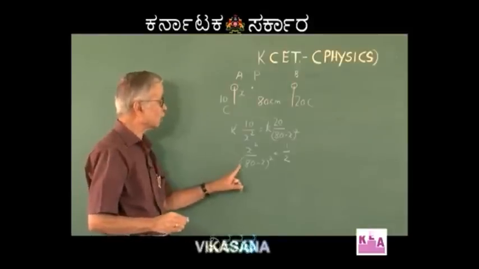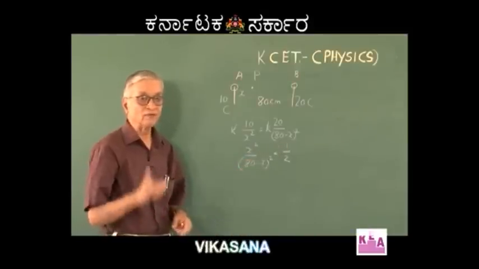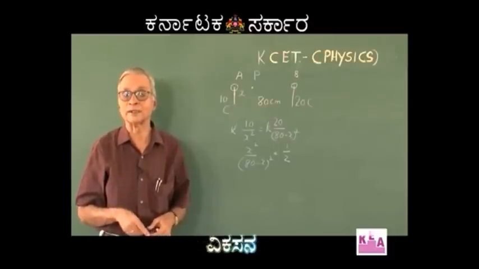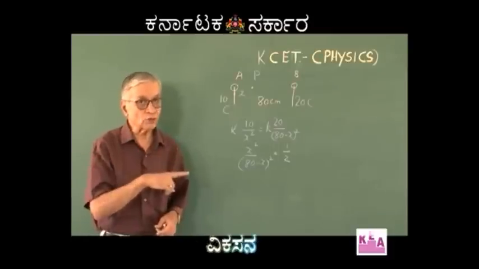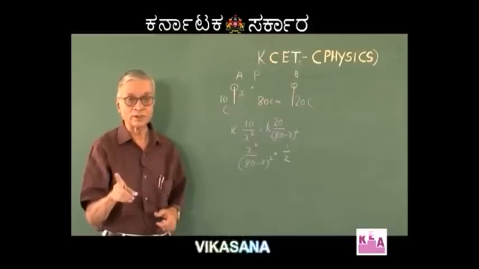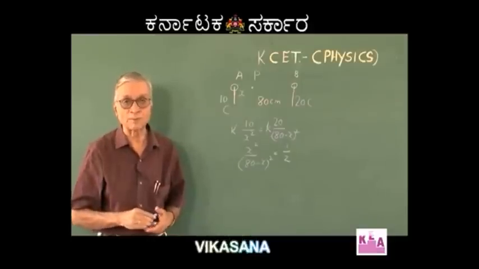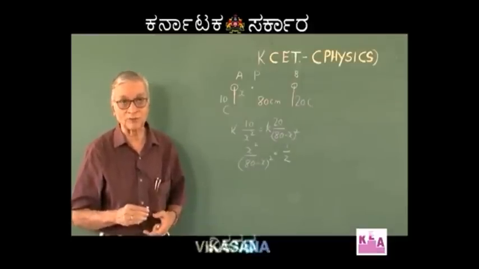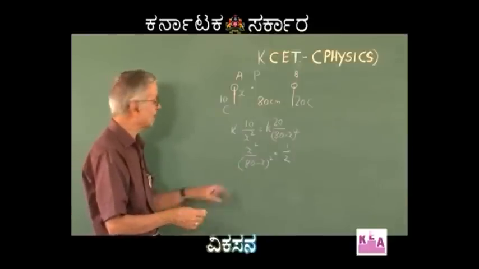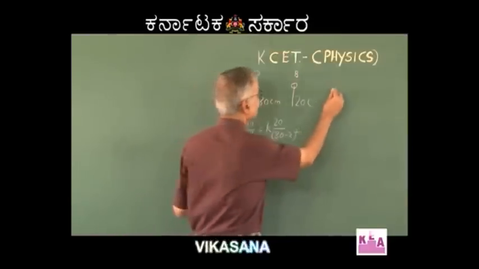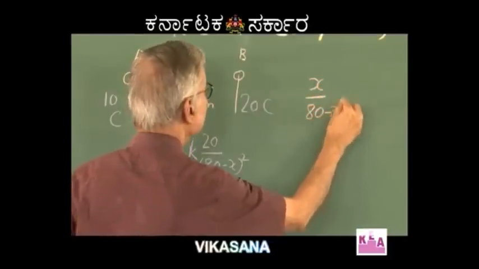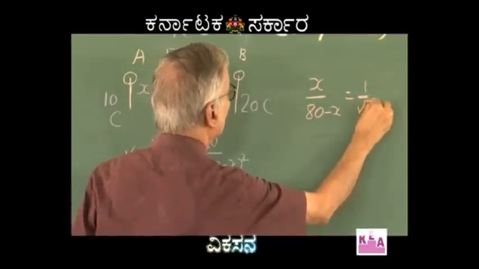One thing that you can notice is that if you have taken the precaution about the position of the null point, then I have already told you that when you take the root, positive and negative, that is plus or minus, need not be written. It is always going to be plus. Therefore, taking the root over here, one can easily write x divided by 80 minus x is equal to 1 divided by root 2.